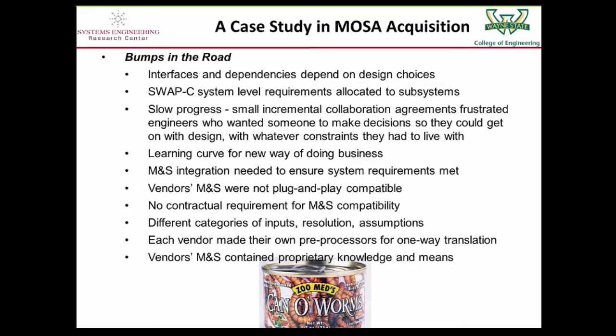So even when different tools might be dealing with the same general categories of information, power profiles, for example, or mobility performance, different models, depending on what they had originally been developed for, had different types of inputs, different resolution, and different assumptions behind those models. So what ended up happening was that each vendor did their own preprocessor to take what they could from other vendors, and to add other information that they needed to get the context right, for one-way translations with whatever